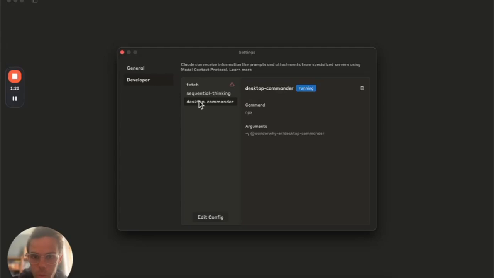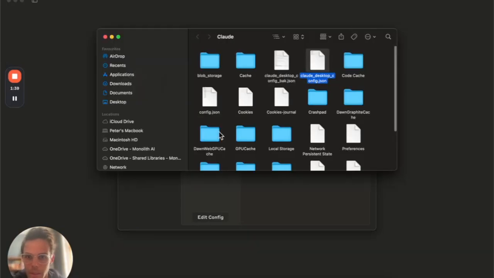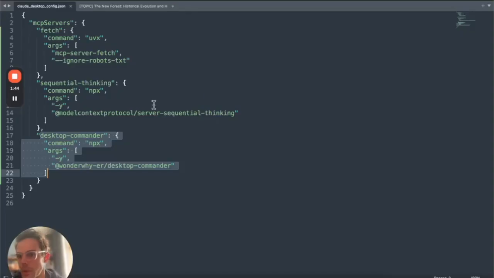So we use a tool called Pandoc to convert a Markdown file, which is generated by the project that I'm about to show you, and then we convert that Markdown file into PowerPoint using Pandoc. I'm not going to go through the instructions on how to set up MCPs, but it's very well documented. But if I go into my config, you can see this is what my actual config file looks like. So I've got my 3 MCP servers, and once you add that and then reboot, you should see those MCP